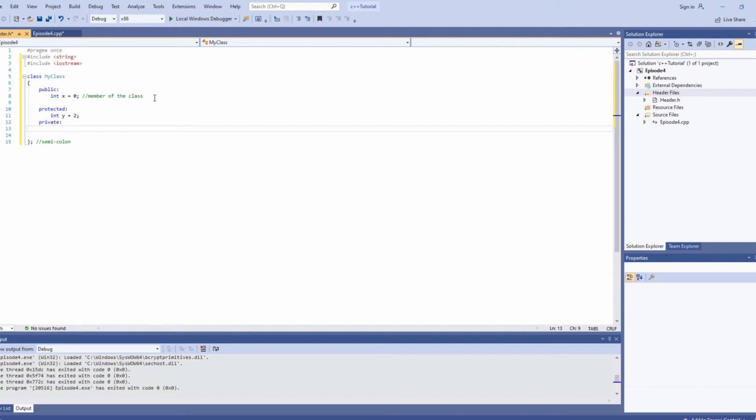And then we can have another int, and we'll call that z. And it's actually going to be equal to 100. It's really big. It's really important, so we're really going to protect it. So now that we have our variables set, we have our public, protected, and private, we can actually do the